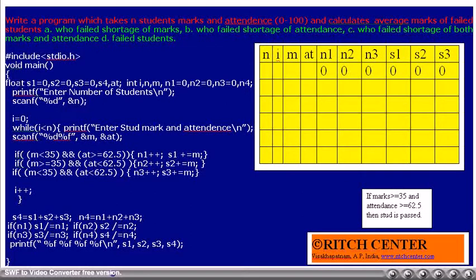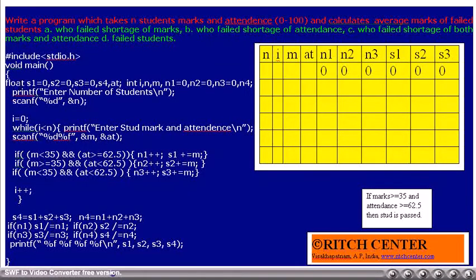Whereas the variables N1, N2, N3 contain the number of failed students of category 1, N2 category 2, N3 category 3.